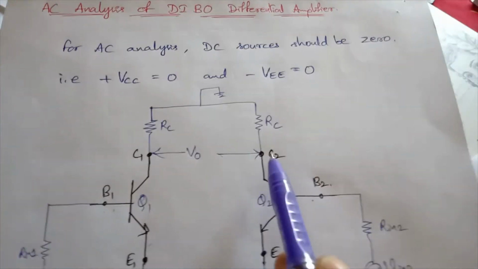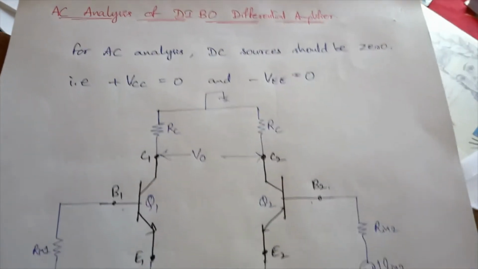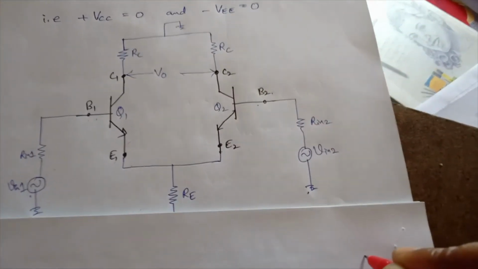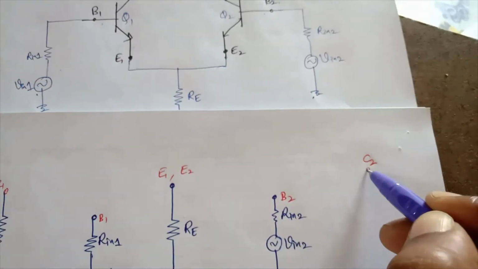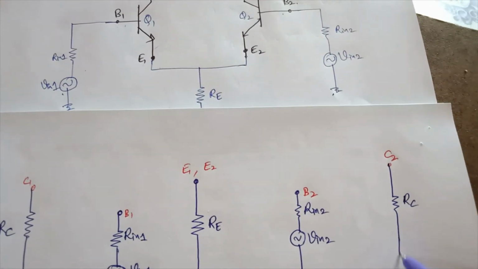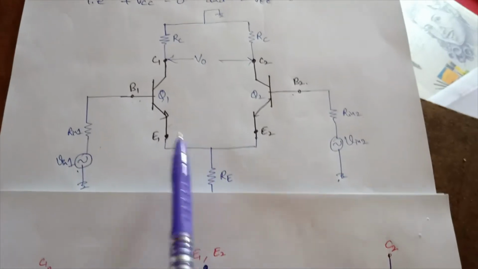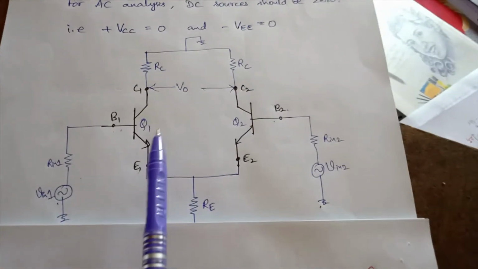Next, from C2 we have one more resistor RC, and that is connected to ground. So from here we have the resistor RC and it is also grounded. Now the total circuit is redrawn like this, and now we have placed the RE